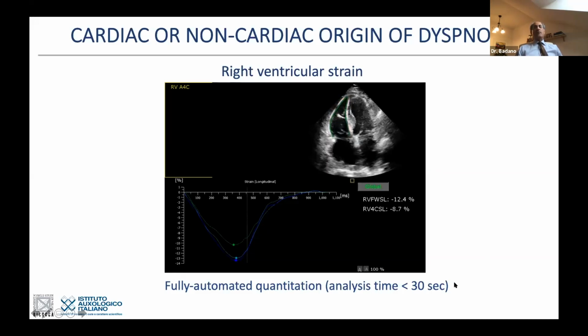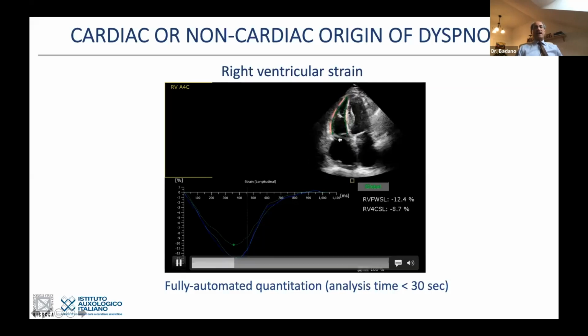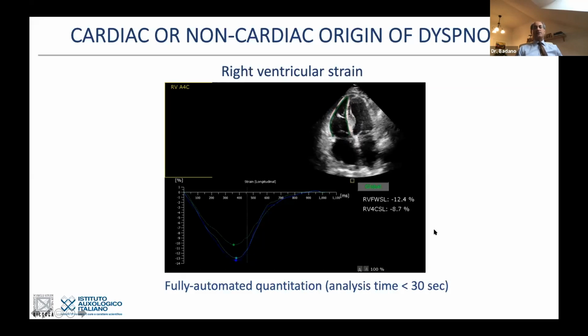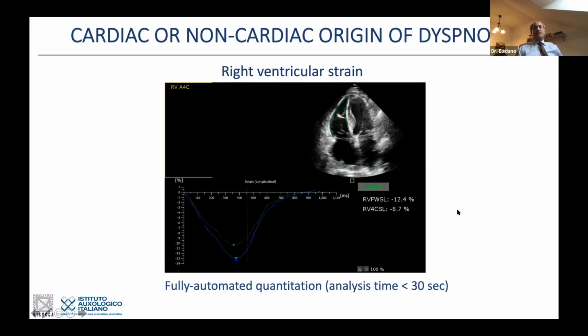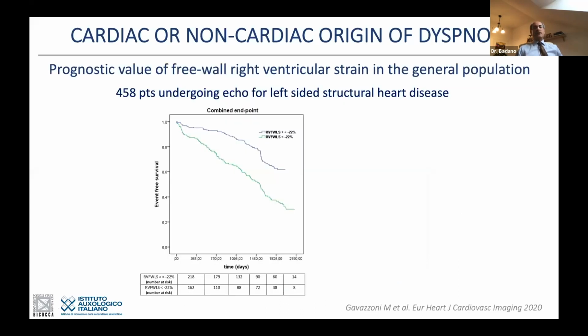package that is on board on your echo machine that in less than 30 seconds makes an automatic tracing of the border of the right ventricular endocardium and gives you a quantitation of both the free wall longitudinal strain and the 4-chamber global longitudinal strain. And in this case, you see that the strain of the right ventricle is definitely reduced. And again, this is important from the prognostic point of view because